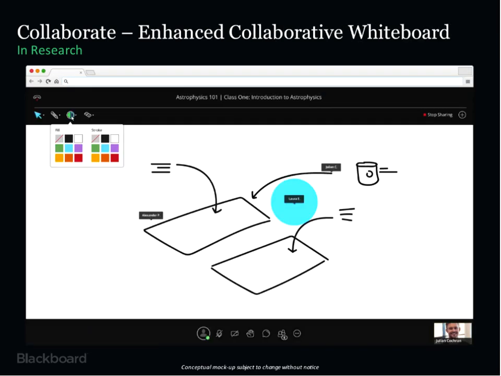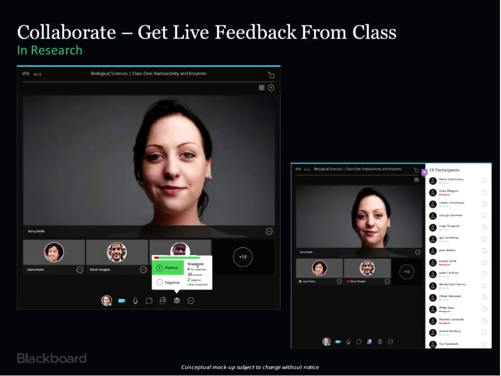We've also had a fair bit of interest in enhancing the whiteboard. So this is in research now. Things like better fills and strokes and better shapes, but also, and perhaps more importantly, the ability to retain the state of the whiteboard across multiple pages, save the whiteboard out within the session and reuse that again. So if you do have teachers that have a lot of time invested into creating whiteboards, leveraging that time, week in, week out, and starting with the same whiteboard over and over. It's a very, very powerful tool.